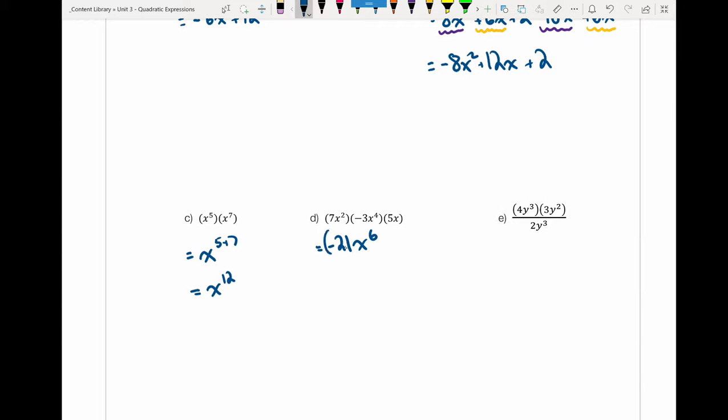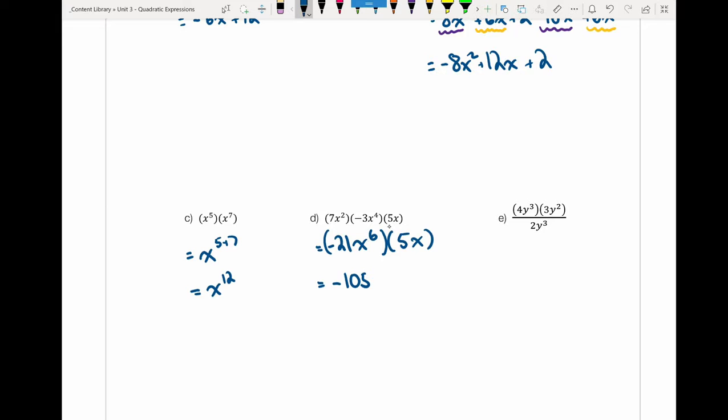So that's what the first multiplication results in, and then that product is going to be multiplied by the last term, the 5x. So now we have negative 21 times 5, so we get negative 105,